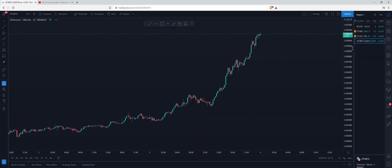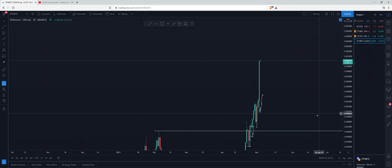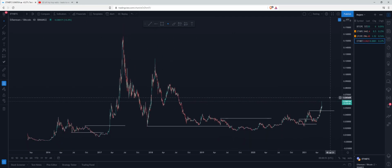ETH BTC, like I've explained in a few videos, this thing looks insane. So right now there is not much stopping us from running up to this high or even this high here. You have to think, what does Ethereum look like if we do start running these highs? What does ETH look like when the dominance is up here or here or here? If we're already sitting at 3.5k,